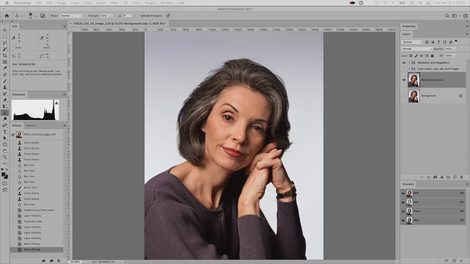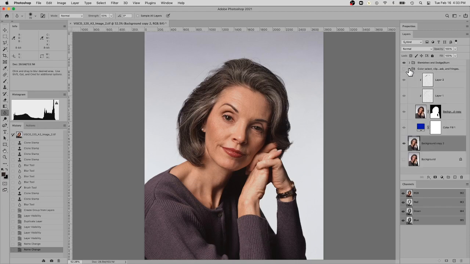So here we have my file. You can see I already have my background layer, again a copy of it just in case something happens. I do have the work already pre-done, but I want to walk you through the steps a little bit. But it really requires more attention to detail than we talk about. So in this case, first we're going to talk about